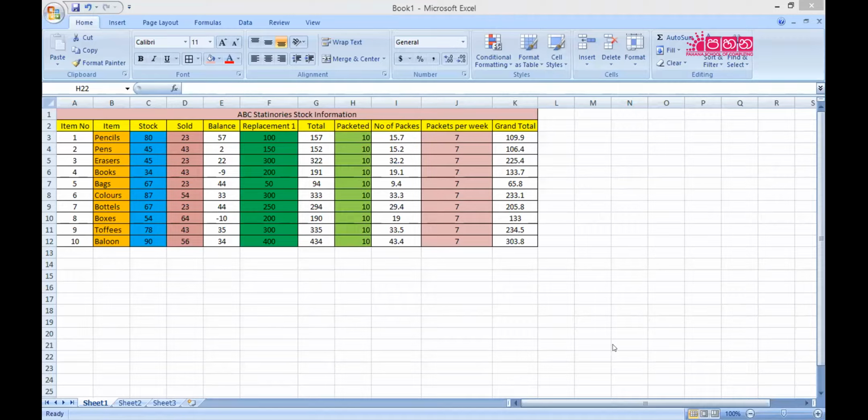Yes, you have finished. Good. I think this is exactly what I want. So it looks similar to what we have in the diagram, except some places where you need to center, like packeted also, you can see it's centered. So that column, this particular column, column H, you can center. And then I think with that one, it's finished.